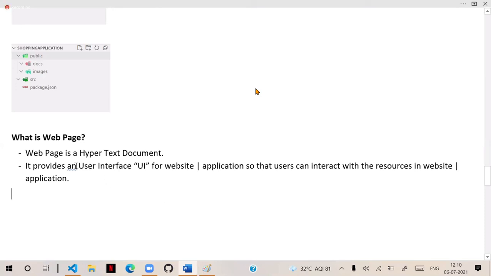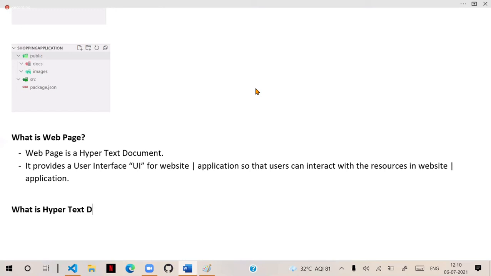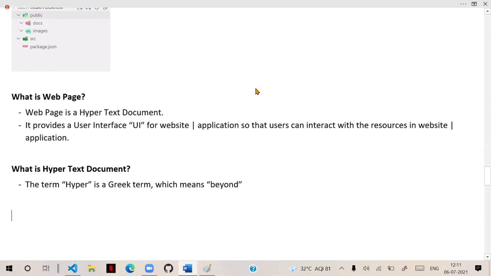Immediately one more question will come: what is a hypertext document? What is the meaning of hypertext document? Actually, the term hyper is a Greek term, which means beyond.